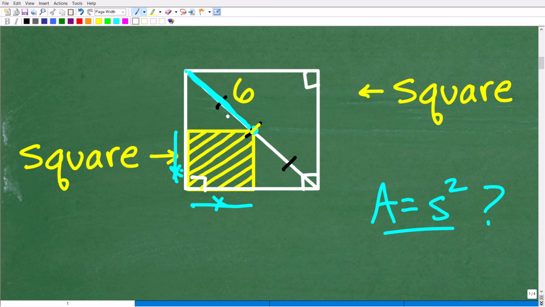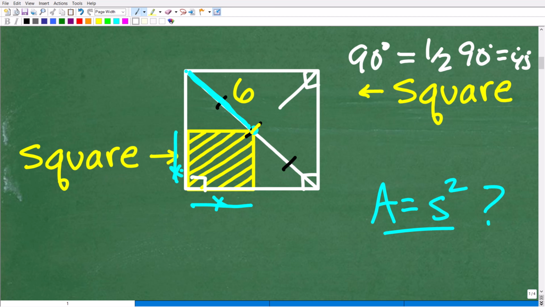So now the diagonal splits this 90 degrees, right? So a diagonal is chopping through that 90 degrees. So 1/2 of 90 degrees is going to be equal to 45 degrees. So what we have here is a 45-degree angle, and this is also a 45-degree angle, and this is a right angle right here. So let's pay attention to this little triangle above this small square,